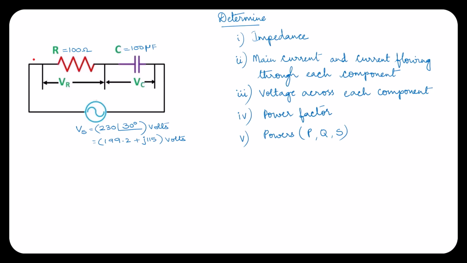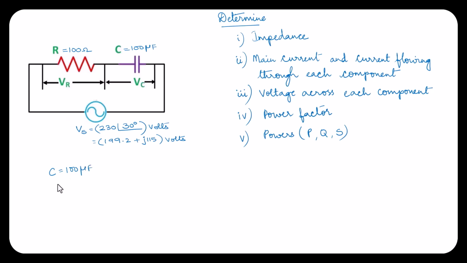So they have given the circuit and they are asking us to calculate the impedance, main current, and the current flowing through each component, voltage across each component, power factor, and the three powers: active power, reactive power, and apparent power. Okay, so first we know that whenever we want to calculate impedance, we should know the values of resistance and reactances. So as we have only capacitor connected in series with a resistor, we have to first calculate the value of capacitive reactance. The given capacitor value is C is equal to 100